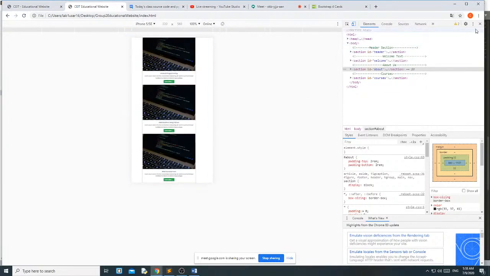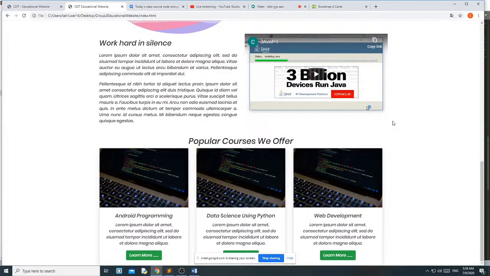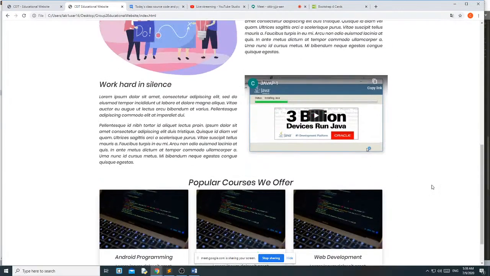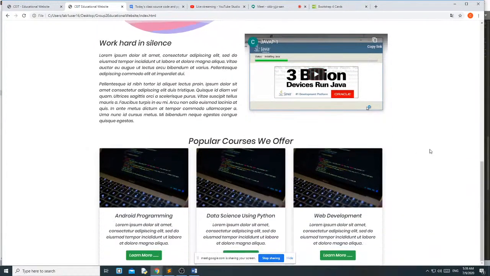Okay, then we will add style to this. This basic part is over. We have included 3 cards. Now we will do the style.